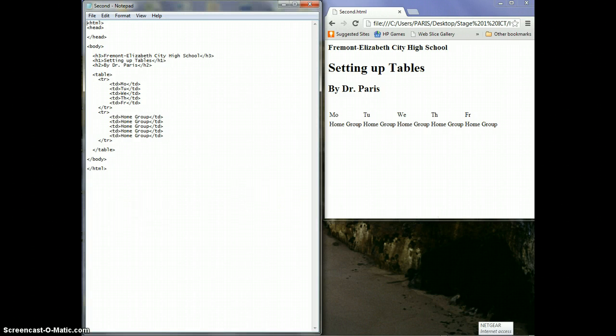Okay, what we're going to do here is add more to our table. We've only got 1, 2, 3, 4, 5 data entries, and we've got 2 rows, table row 1, table row 2. In order to do the timetable, I need a lot more rows in there, so I'm going to add another row. Just indent to help with the reading of it. Not so much does it help the computer, but it helps us